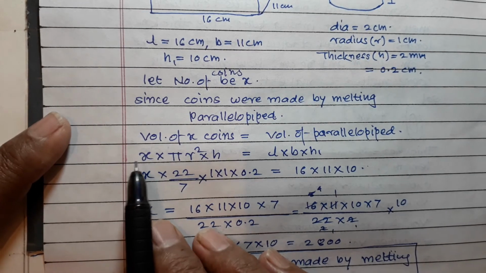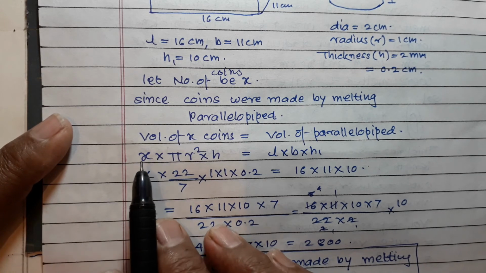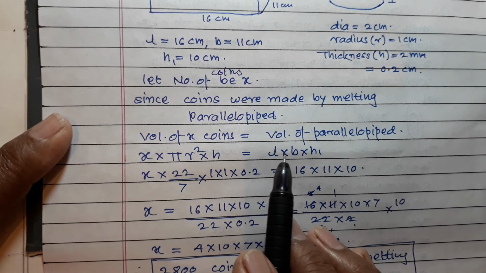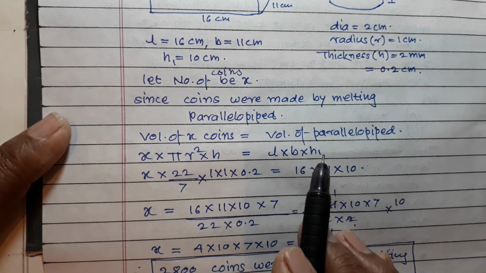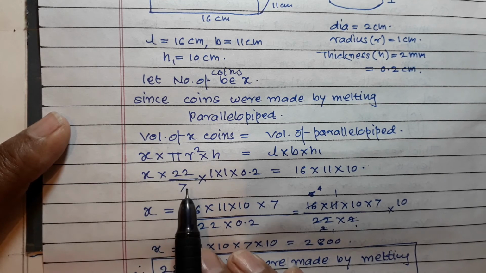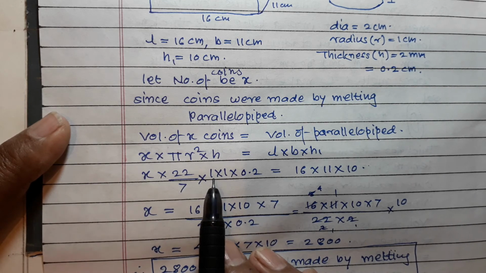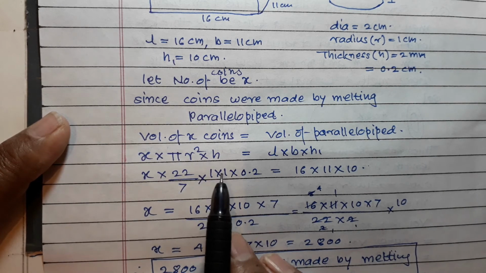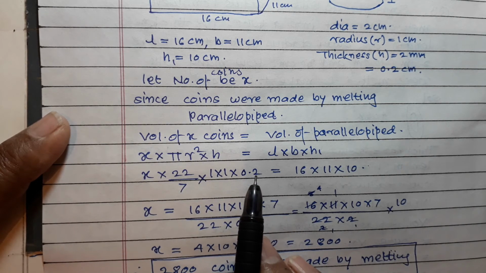Therefore x into pi into r square into h is equal to l into b into h1, and therefore x into 22 upon 7 into 1 into 1 into 0.2 is